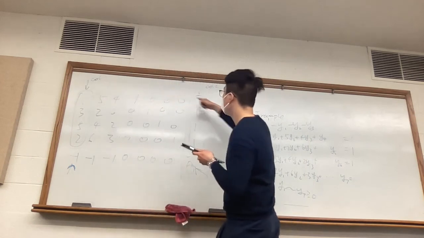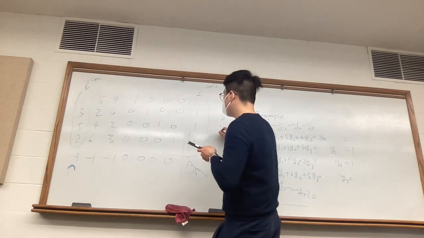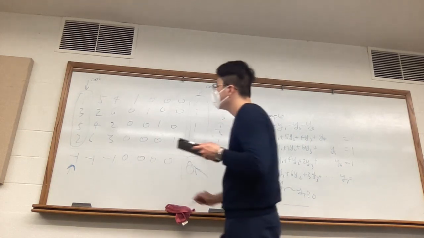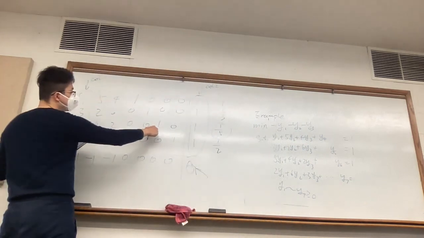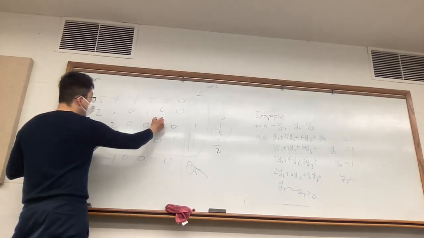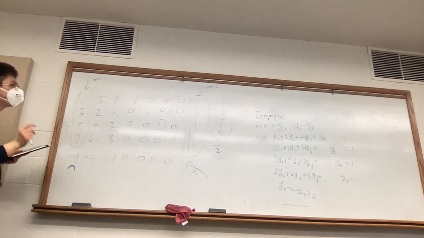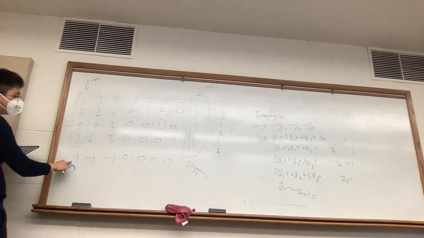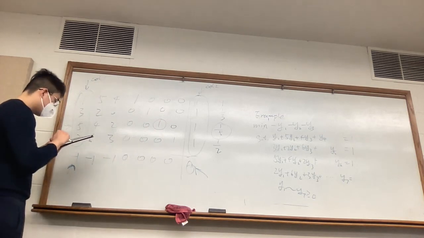Let's say the ratio 1 over 1 is 1, 1 over 3, 1 over 5, and 1 over 2. Then the smallest one is this. That's to say you pick this row, and this row corresponds to this variable. Then you do elementary row operations like what you did in linear algebra. That's to say you make this variable a basic variable and this one a non-basic variable. And in this way,